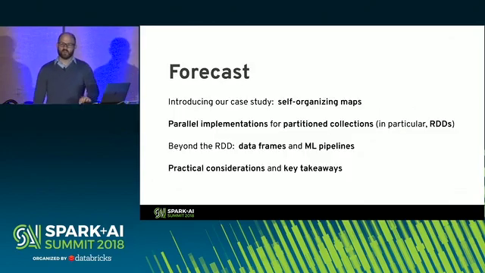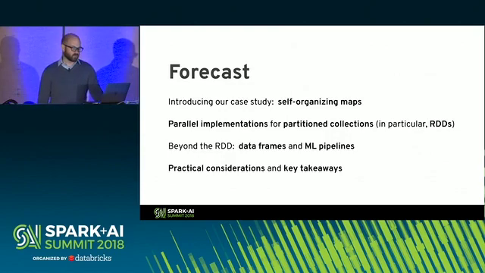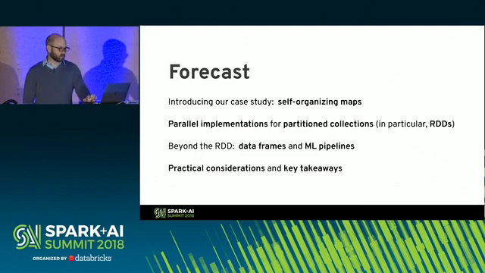So a couple of years ago, I wanted to see if self-organizing maps would be a good technique for finding anomalies in infrastructure logs. They actually turned out to be, but in order to find that out, I had to implement self-organizing maps for Spark so that I could evaluate them against months' worth of log data from one of our data centers at work. More recently, I decided that I wanted to make this code available to other users in a library, which meant solving some new problems. So the rest of this talk is the story of what I learned along the way,